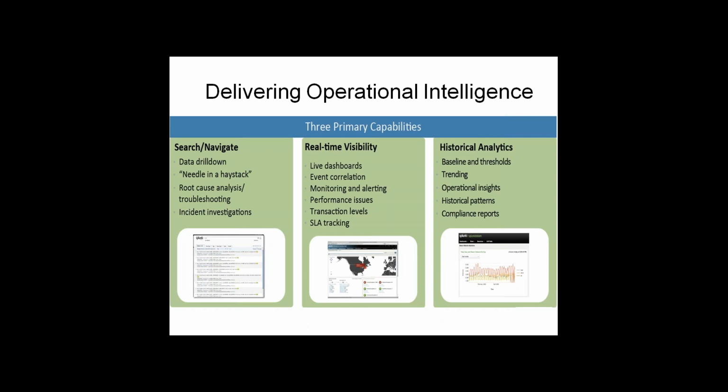Now you can get operational insights, historical patterns, and compliance reports. You can have the trending graph in Splunk. The trending graph is really very important. As I gave you the example of Domino's pizza, how you can take a decision for Domino's pizza. Okay, forget about Domino's pizza. I'm going to give you a similar example.